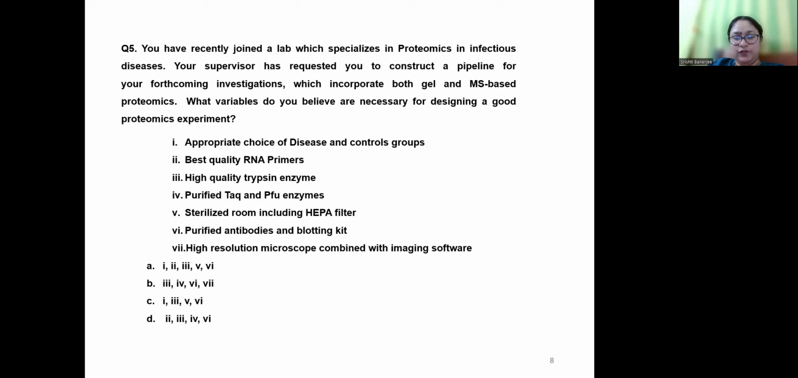And now we'll be discussing what is gel and MS based proteomics, and then what are the different variables. So the different options are appropriate choice of disease and control groups. Because you're working with infectious disease, we always do a differential work. So what is a differential approach? That is, one will be a diseased cohort or a group of people, and one will be a matched control. Suppose you are having a disease group of age 18, you need to have a control group which will also be